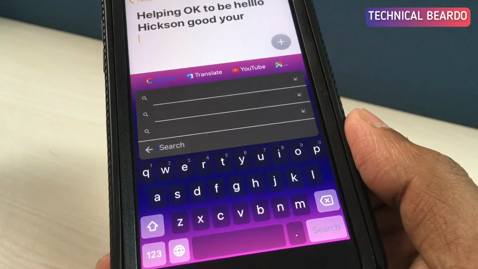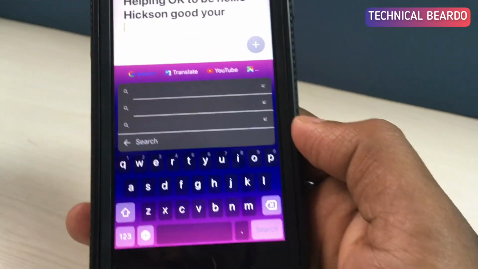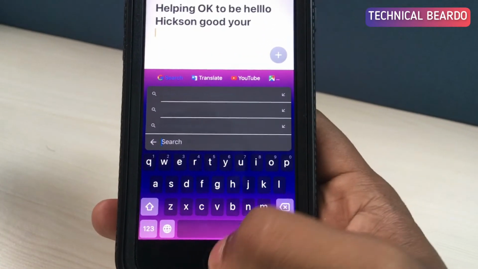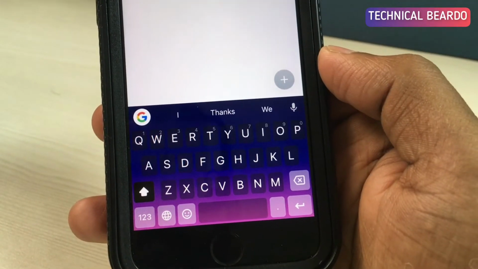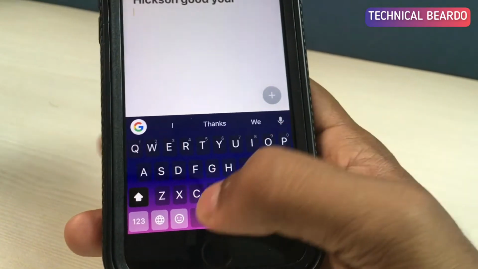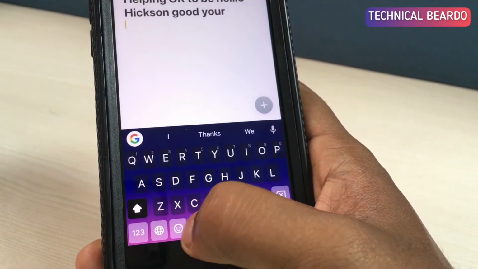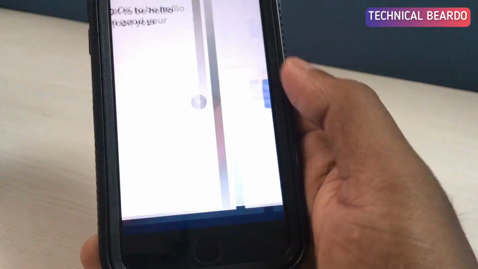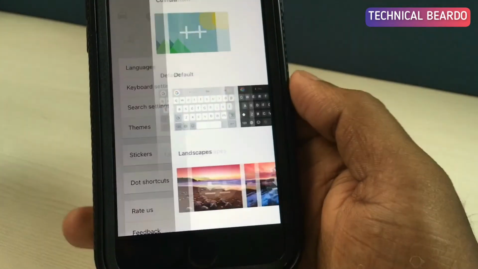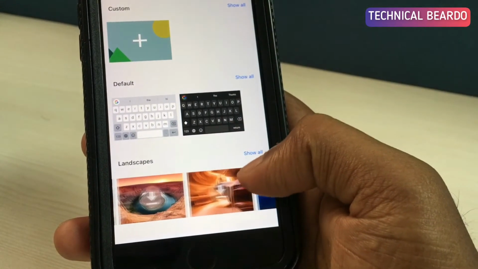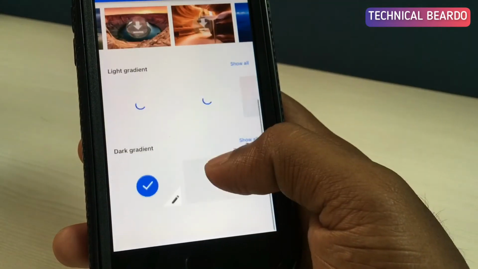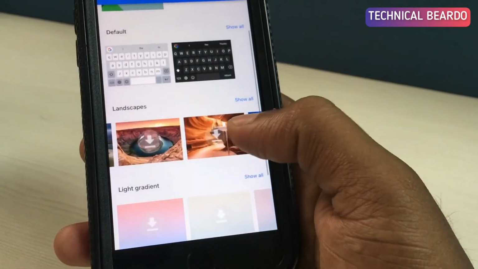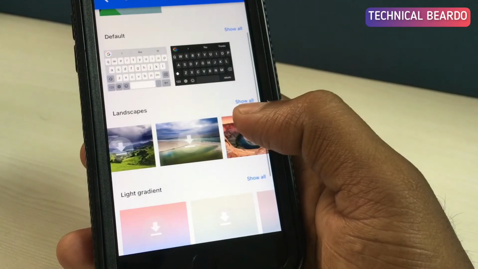While chatting, if you want to search for something, you can directly search from the Google keyboard easily, without closing your chatting application or keyboard, then going back to the browser and searching. It is easily available in the keyboard itself. Similarly, you can translate any word you want to translate, search YouTube, search maps, anything can be done here just from your keyboard itself, right? So it is easily available, just like your browser, in your keyboard application.